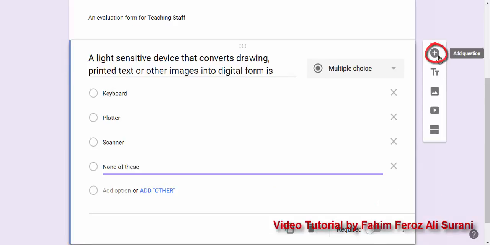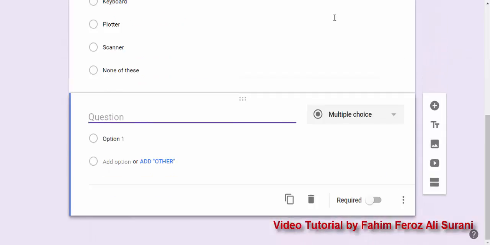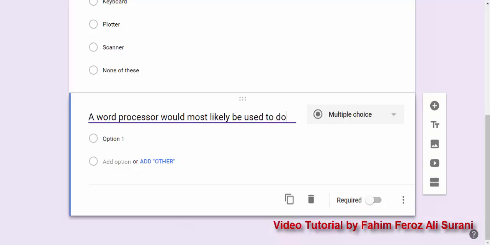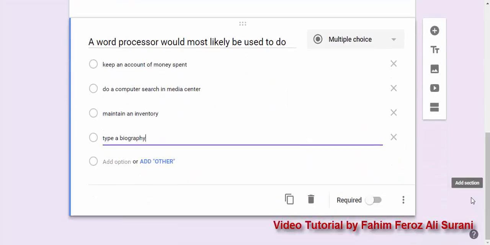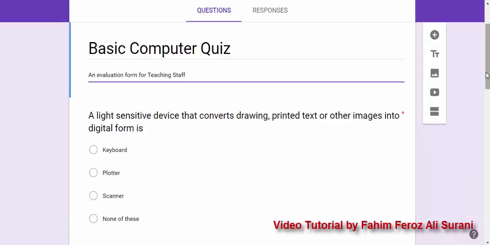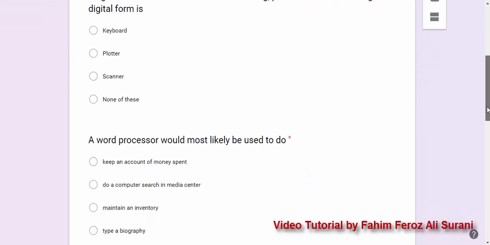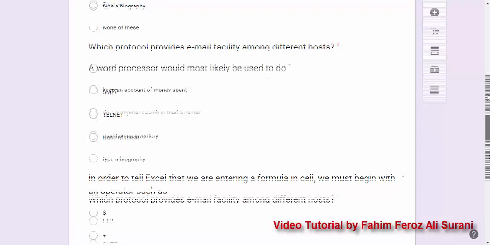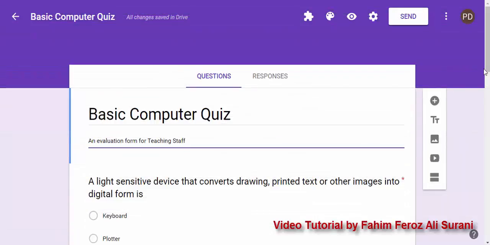For adding another question, you just click on the plus sign available on the right and then repeat the process that we have done for the first question. Repeat the process of adding questions until you complete the quiz. Once you add all your questions to the form, this particular form will look like this. Since we have now completed the process of adding questions to this form,